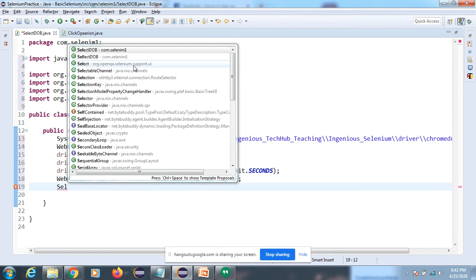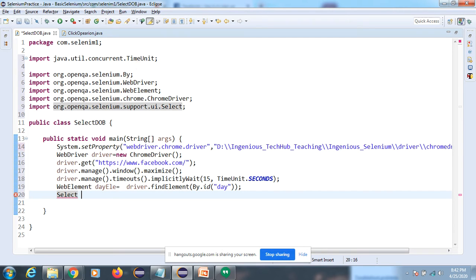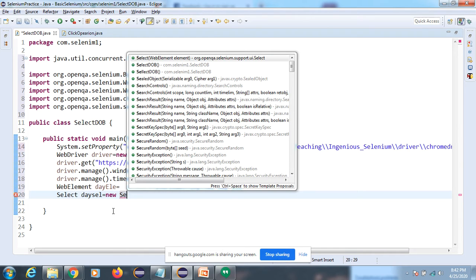The Select class is available in the org.openqa.selenium.support.ui package. This is your day sel, your reference variable. We will create an object for the Select class, and you can see this is the implementation.